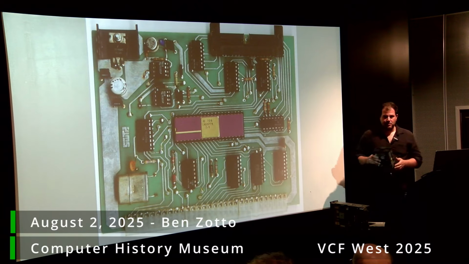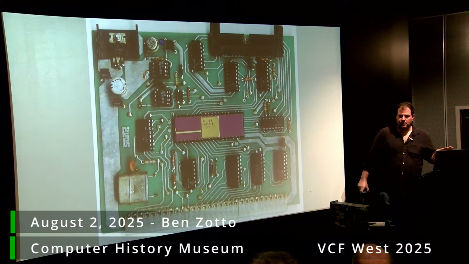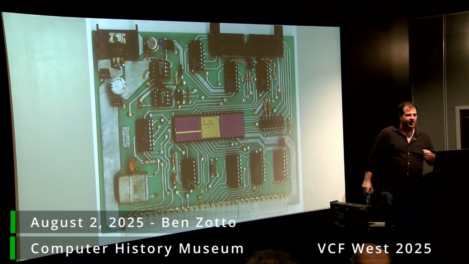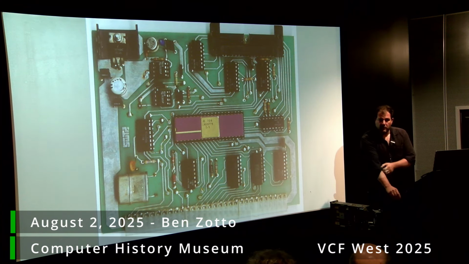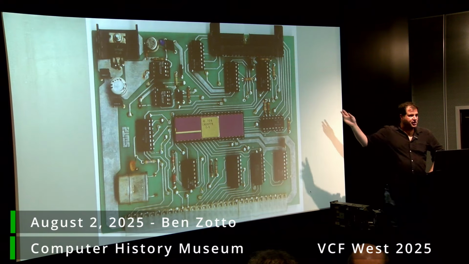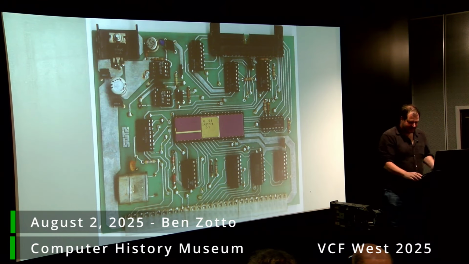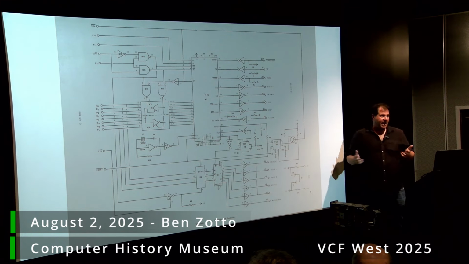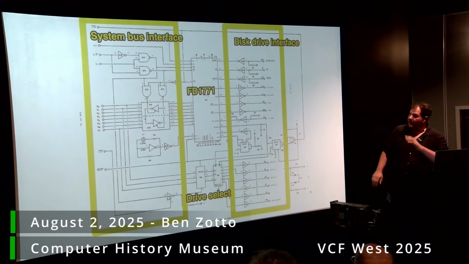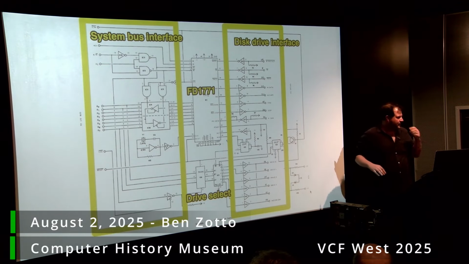So here's an example of a disk controller built with that chip. This is the National Semiconductor version of it, but it's the same chip. This is a Southwest Technical Products Corporation disk controller for the Southwest Technical Products Corporation 6800 computer, not terribly dissimilar from the Sphere computer that I have and that I'm interested in. You can see how few chips there are. Those chips are just address decoding and some buffers, your basic board design stuff you've got to have. There's the schematic for it, and you don't have to read schematics. All you have to know is that the thing in the middle is the 1771, the stuff on the left is the computer, and the stuff on the right is the disk drive, and that's basically the whole thing.